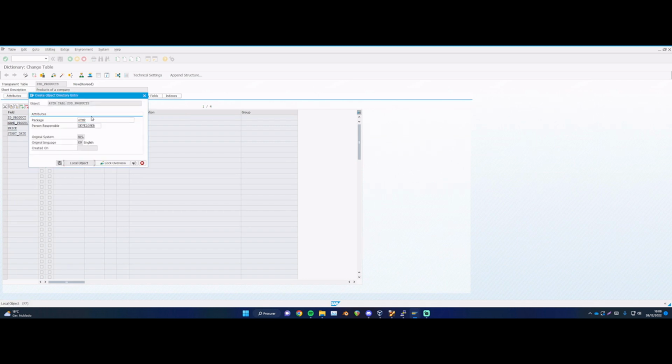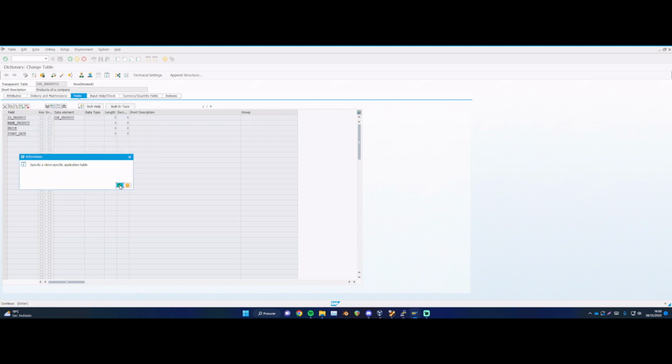It will be a local object. Here you must put your package that you are working with. It must start with Z, but for this scenario we're going to create a local object. Okay, so let's click yes, and here we're going to put ID product,